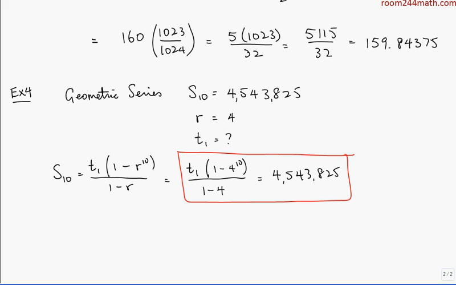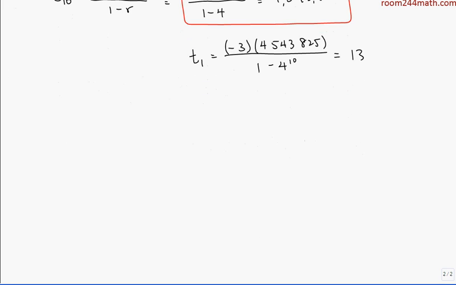The only unknown is t1. So we can multiply both sides by that denominator, negative 3, and divide both sides by 1 minus 4 to the 10. 4 to the 10 is a huge number, which you're going to be reaching for a calculator for. In fact, this is one where you pretty much do the whole thing on the calculator. So t1 is negative 3 times 4,543,825 all over 1 minus 4 to the 10. And you just punch it into the calculator, and you get a nice small number, 13. Okay,